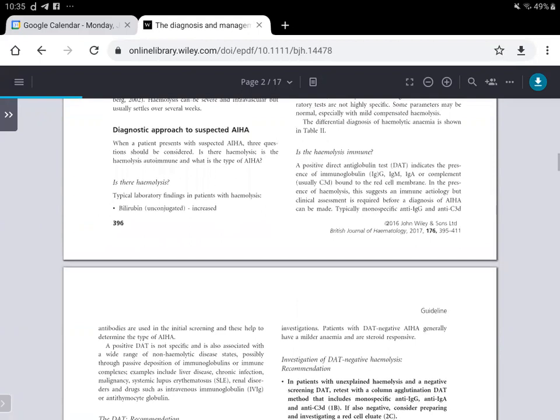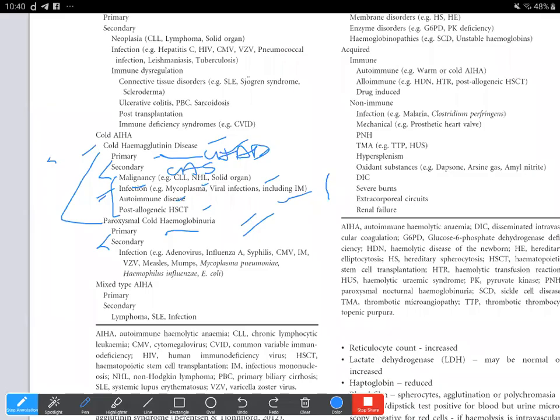So primary is the classical CHAD, and the secondary is the cold agglutinin syndrome. This syndrome includes various manifest findings, and most of the causes are secondary to infection. And then if we go into the causes of primary paroxysmal cold hemoglobinuria, this is of course